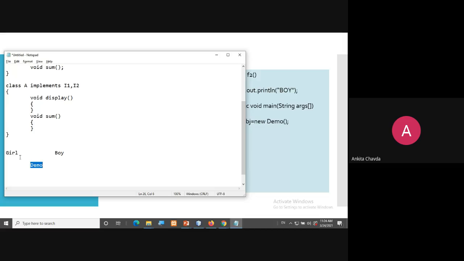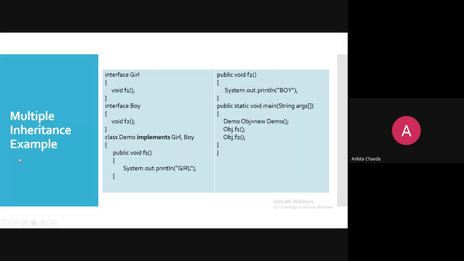So this is how we can achieve multiple inheritance. The demo class is implementing the girl interface as well as the boy interface. So the class demo compulsorily needs to give definitions of these two methods, void f1 and void f2, and you write some statements, System.out.println. Now in this public static void main, you create an object of the demo class: Demo object equals new Demo.